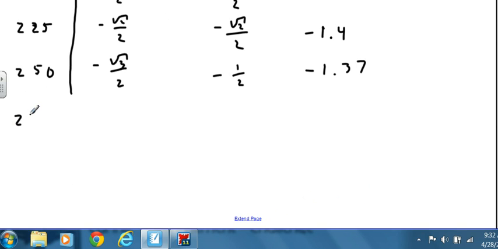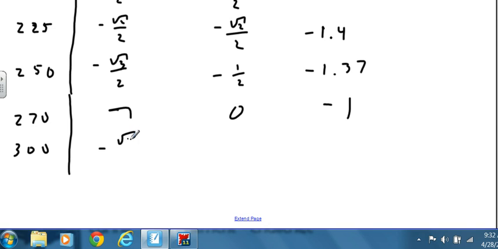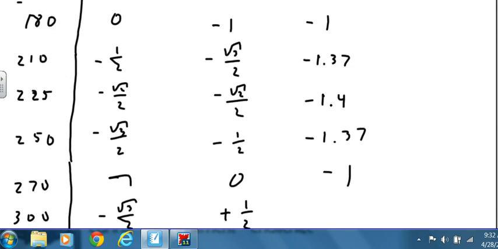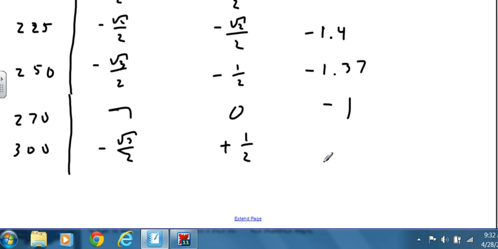And then 270, I'm at minus 1, 0 for minus 1. 300, I'm at minus square root of 3 over 2 plus a half. And then I'd ask myself, do I have that guy? Yes, I do. That's 0.37 minus